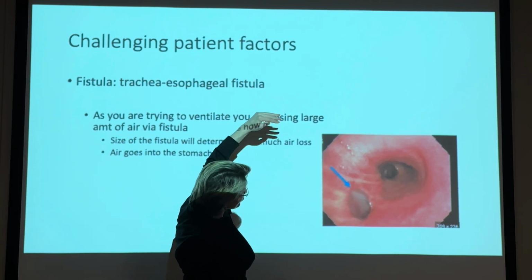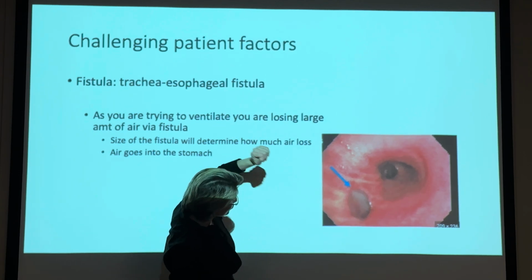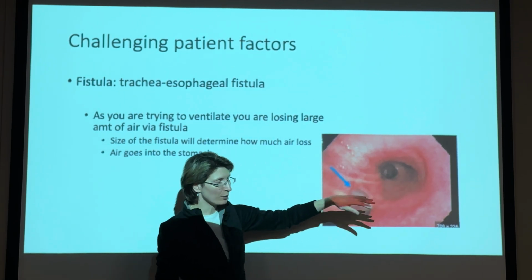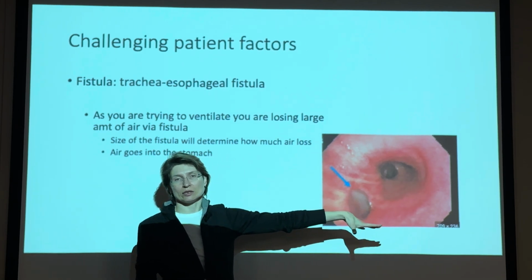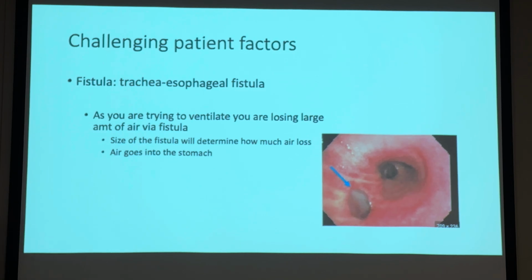So if you place the tracheal tube, which sits a little bit above the carina, and you're trying to blow air in, the air is going to go partly into the lung, but the compliance of the lung is a little bit different. It's slower than this hole. It just goes into the stomach, and you are going to be losing air. The air is going to the stomach, distending the stomach, and then the patient is going to